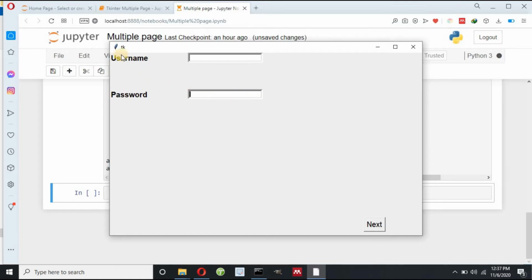Now I have to put this username and password inside border. So I can define label frame and I can put this username and password inside that label frame. And I need to place this username and password in the center of this page. So let me close this.